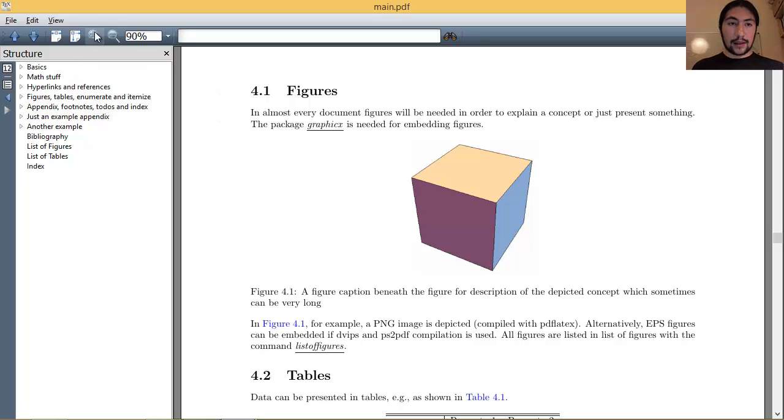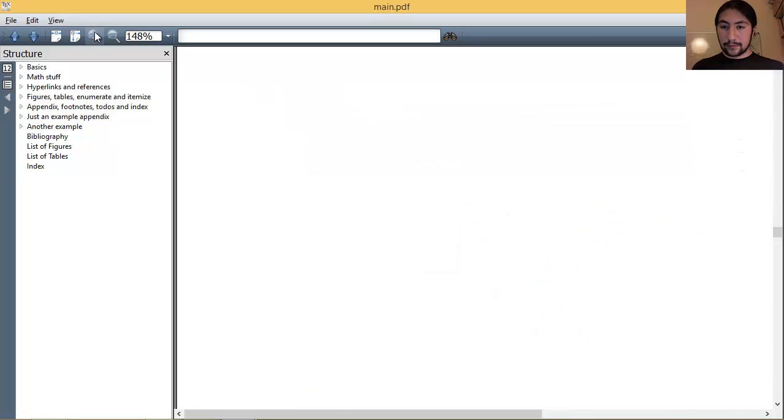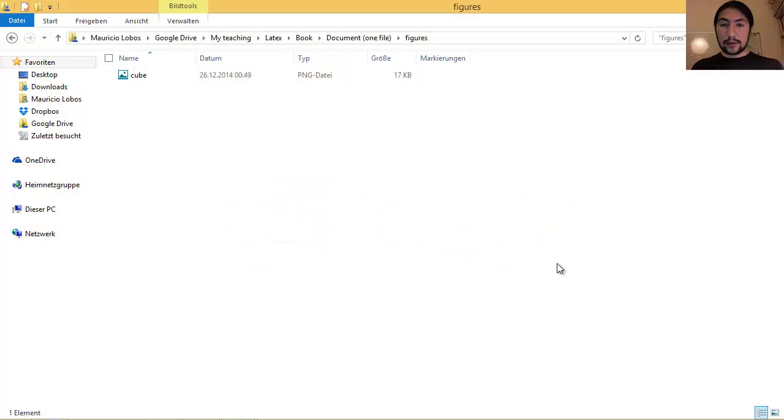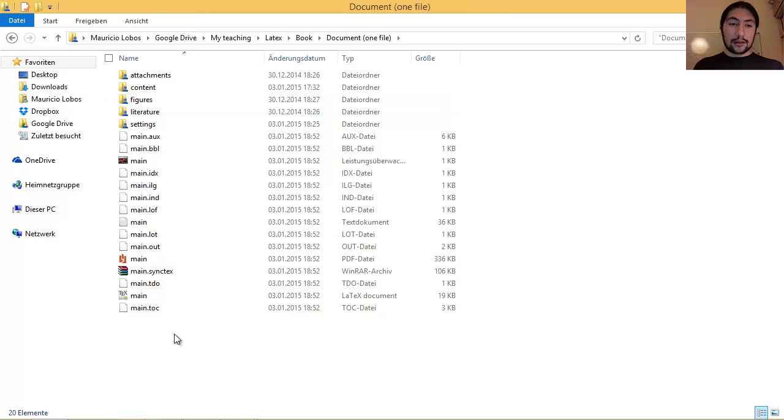I mean by that that it's still okay, although this is a very tiny image. It's not that complicated. I just took a screenshot of something that I was working on, and that's a very easy way to create a figure and also to embed it within my LaTeX